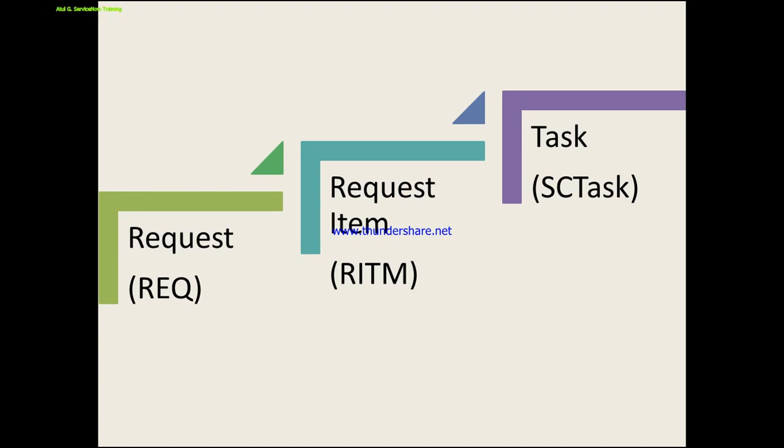Okay, so if I say what is the request? Atul Grover is a new joinee in a company, and his manager has asked him to raise a request for the laptop. That is one request. If along with the laptop I put a request for a bag, and I put a request for a mobile phone, then I am putting multiple items under that. Otherwise only one request will be there, that is called the request, and under it one item will be created to issue the laptop to Atul Grover. That is called the RITM.